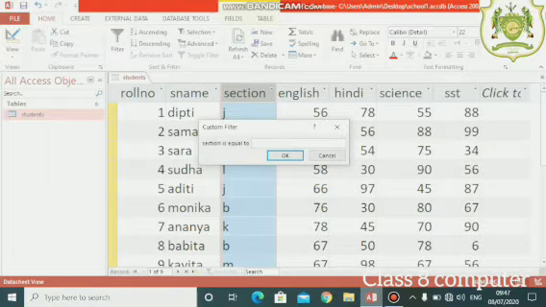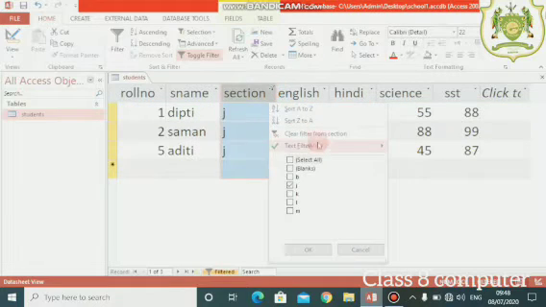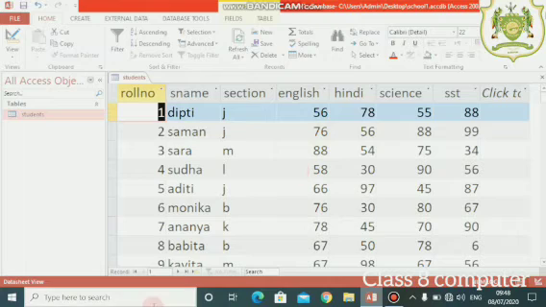I will put J. Now, what can you see on the screen, students? You can see only the records of those who are in J section are displayed over here and the rest of the records are not displayed. Again, I am removing the filter, clear filter from section. So, this way you can apply a filter on any particular section or any particular name you want to see. You can do it like this.